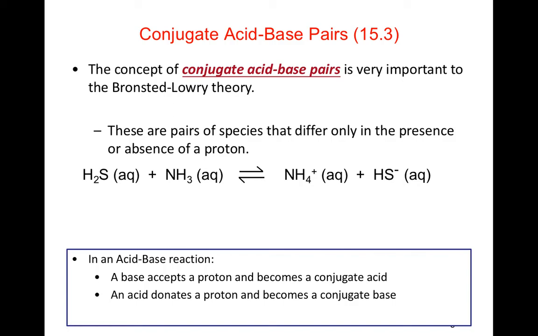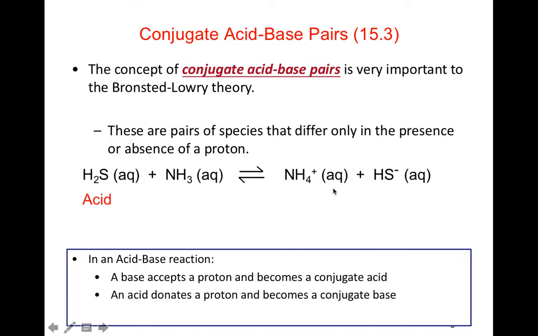Now, a really important concept when we talk about Bronsted-Lowry acids and bases is the idea of conjugate acid-base pairs. A conjugate acid-base pair are species that differ only in the presence or absence of a proton. So our conjugate acid-base pairs in this reaction would be H2S and HS minus, right? Because the only difference between these two compounds is this one has an extra H plus and this one has lost it. And the other conjugate acid-base pair is going to be ammonia and ammonium because they also only differ